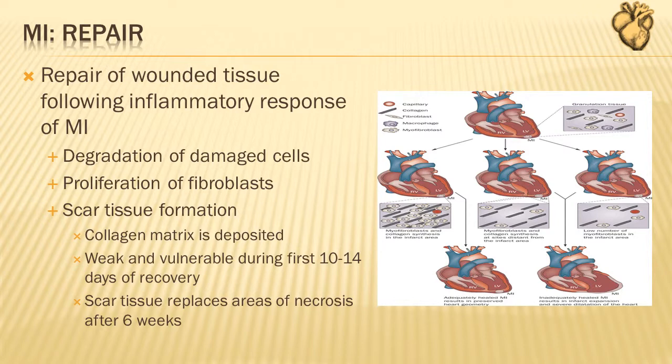Inflammatory response is first, and then there's repair of the wounded tissue. The leukocytes infiltrate the necrotic areas, and scavenger neutrophils are released with proteolytic enzymes that degrade the necrotic tissue. A weak collagen matrix is deposited and is very vulnerable to re-injury during the first 10 to 14 days. So that's very important for our farmer because he's very active, and he's going to need to understand that he is going to have to limit his activity until he's had some good